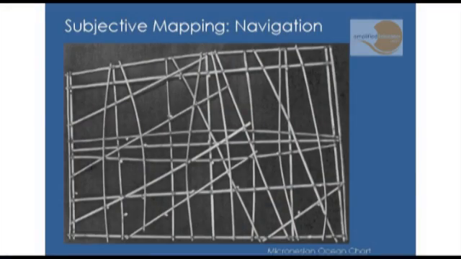And just the last one, to show that maps don't have to be visual simulacrums of the world. This is a navigational chart from Micronesia, and although it just looks like bits of bamboo tied together, it gives sailors entirely accurate information about tides and winds so they can navigate between islands. So maps do not have to look like the thing they represent, but they can contain enormously useful information.